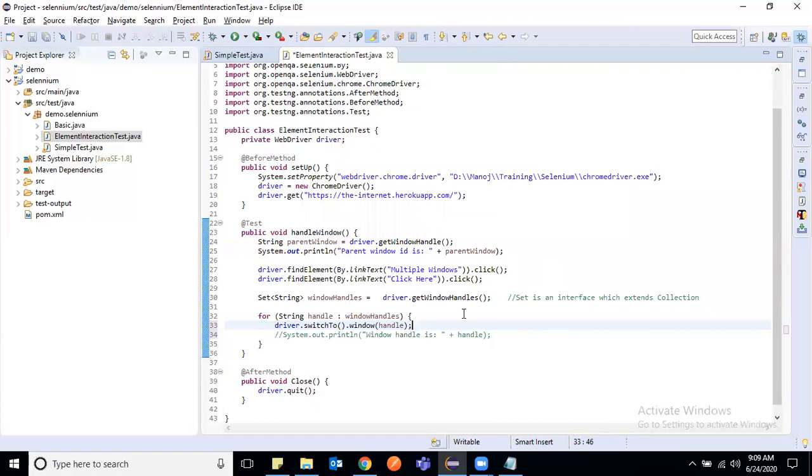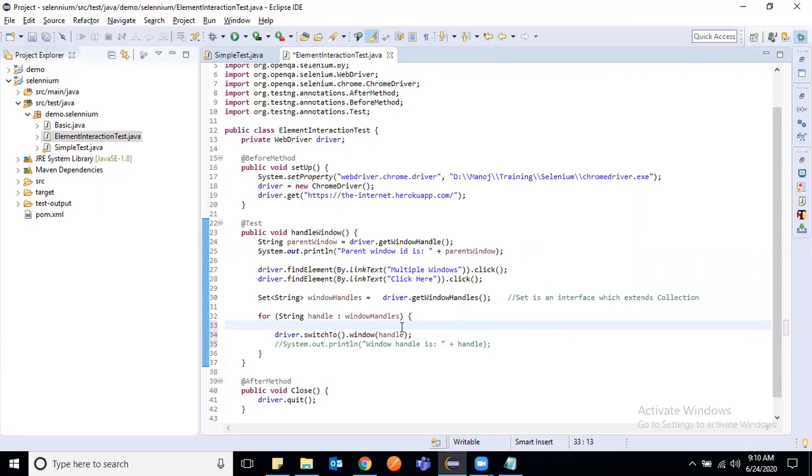My question was, and this is my favorite interview question, I ask this in all the interviews: if the child window is open, can you get me the page title? This way we can switch to the other window, meaning the child window.